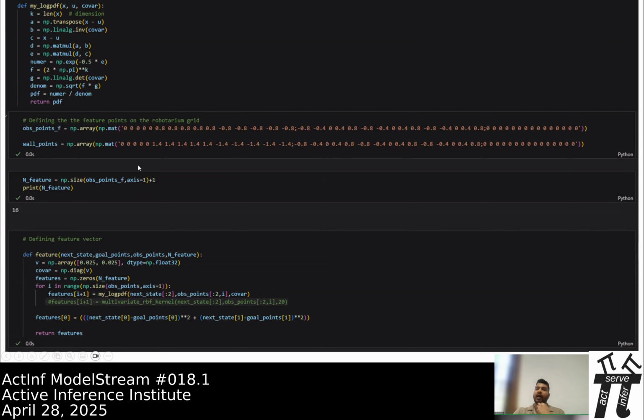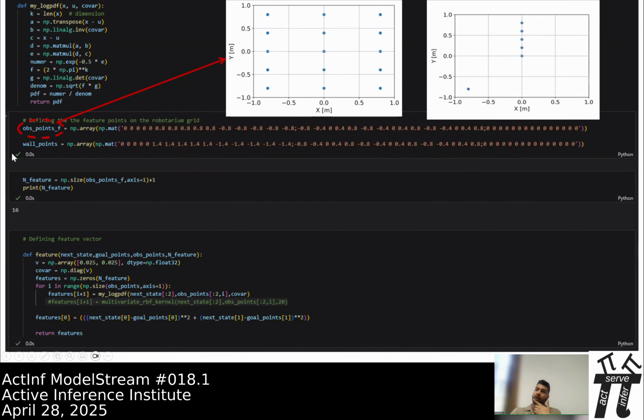The RBF kernel now is not defined only on the actual obstacles in the environment, but on a set of uniformly distributed points on the grid, which may or may not represent the actual obstacles. You can see that this is the feature map or the feature grid, which is uniformly distributed, and the actual obstacles are here and here. So the algorithm has to learn how to give importance to the relevant features only, and not to random features in the environment.